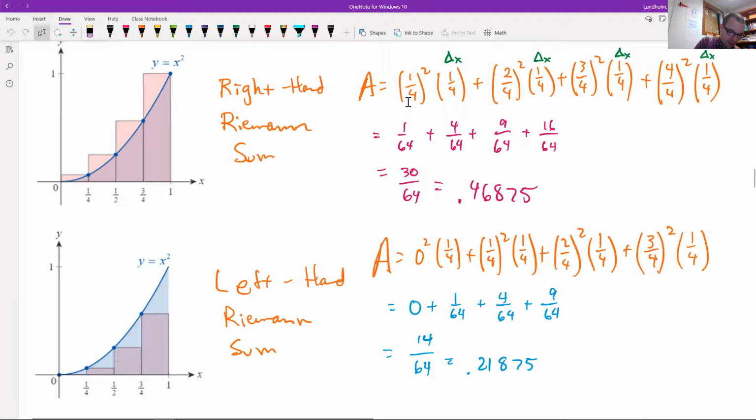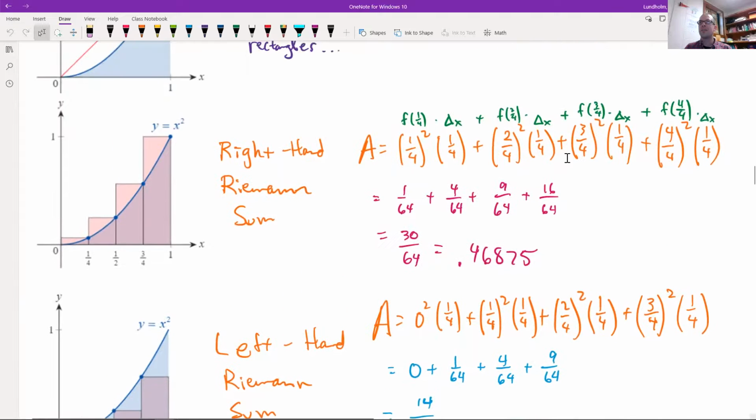So this part you could think of as f of 1/4 and f of 2/4 and f of 3/4 and f of 4/4, which is 1. I kind of went off the place there, but we're just adding up a bunch of areas of rectangles